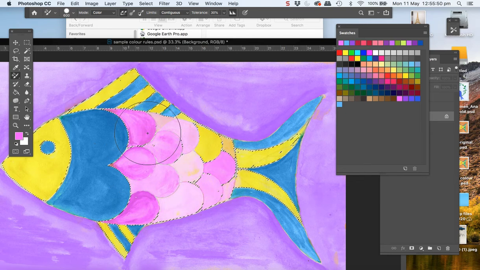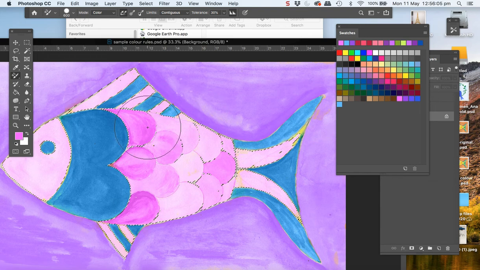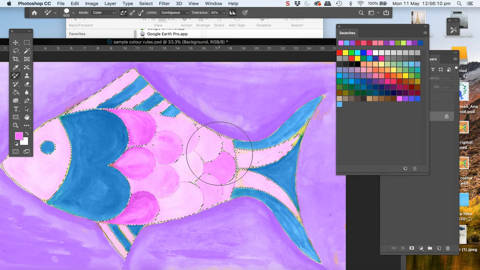So now what's nice about this is it is getting those different shades of the colour because that's what I had in my original painting. And there we have it. That's pretty much all I need to do. And there's my analogous. Okay, there's a few little details I've missed there, so I'd have to kind of Command